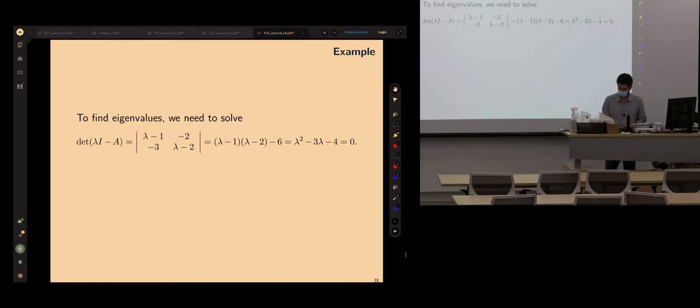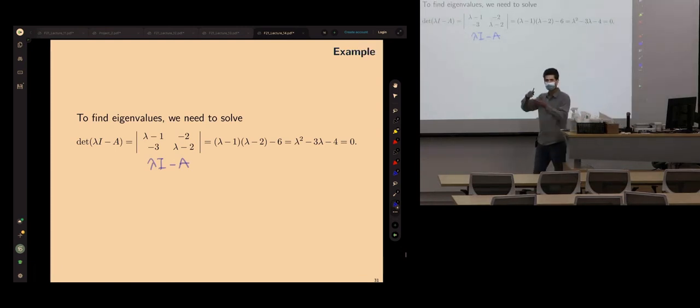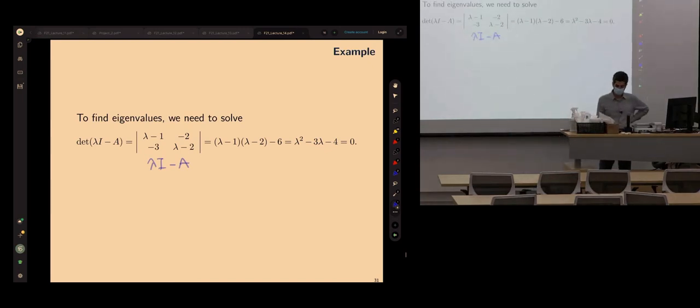First of all, this whole matrix here is lambda times identity minus A. Lambda will always appear on the diagonal because lambda times identity will be just a diagonal matrix with lambda on its diagonal. Subtract A from that, you get this matrix, take its determinant. It's 2 by 2, so it's going to be